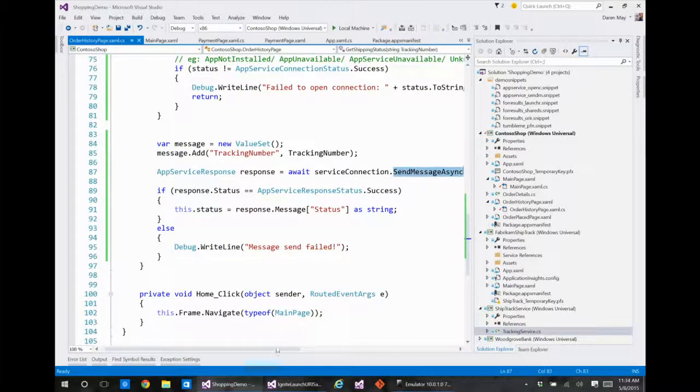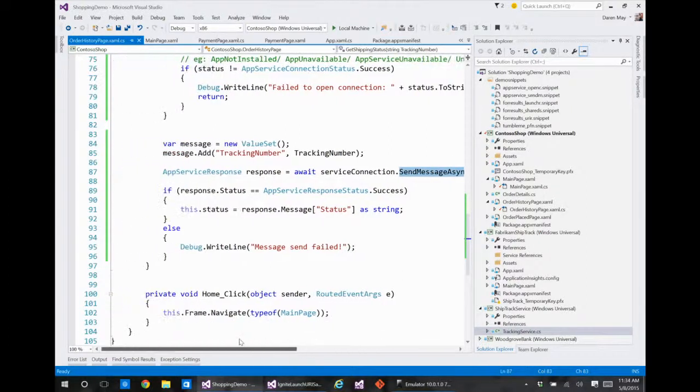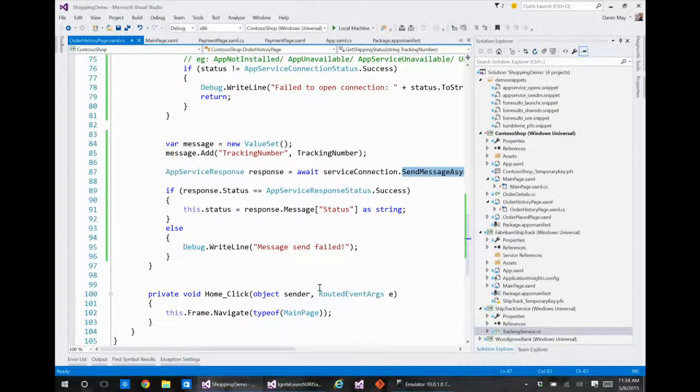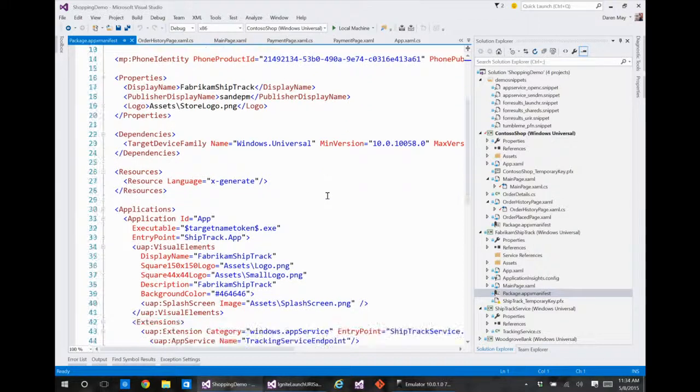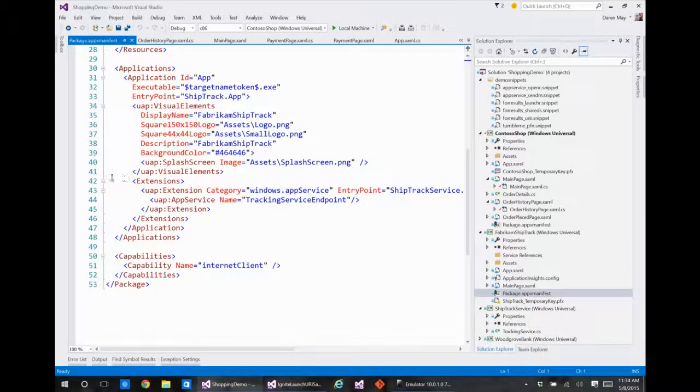So we send our message, we wait for its result, comes back, everything's good. How does this app service get published? Well, in the host app for the app service, we have the app manifest. And again, we have an extension in here, category of windows.appservice.